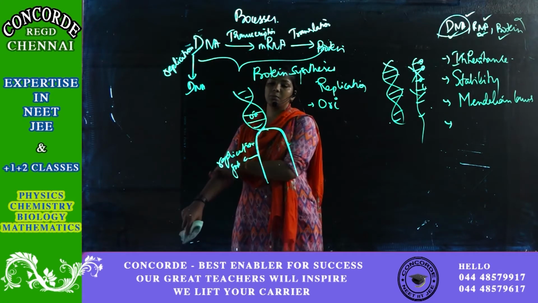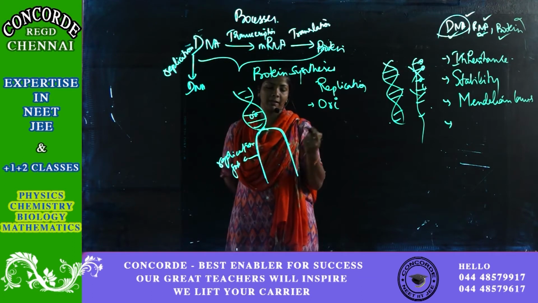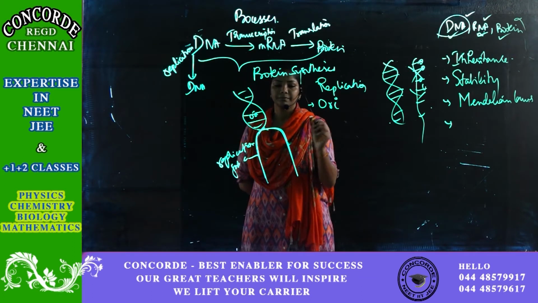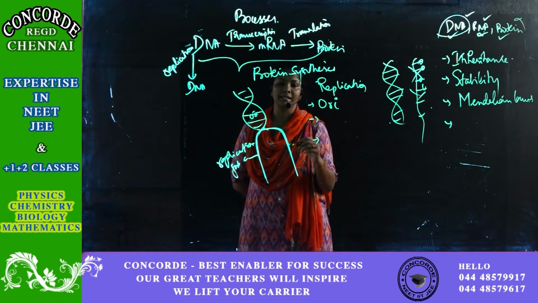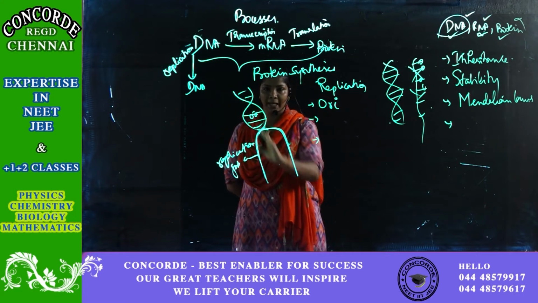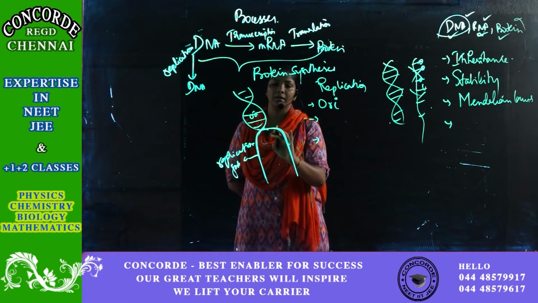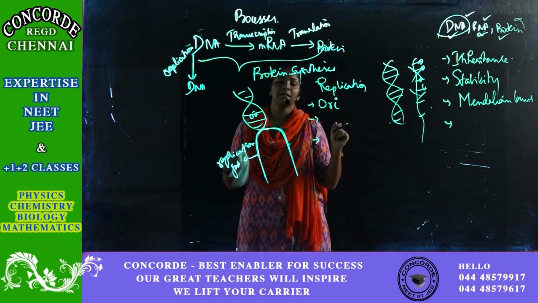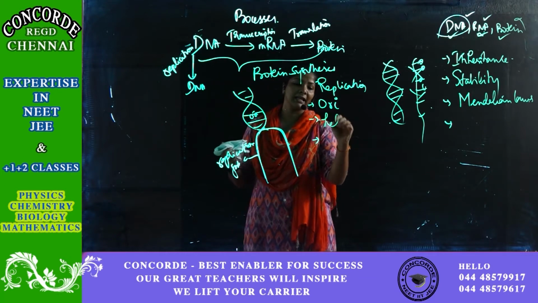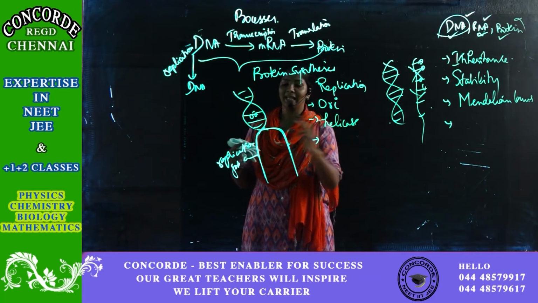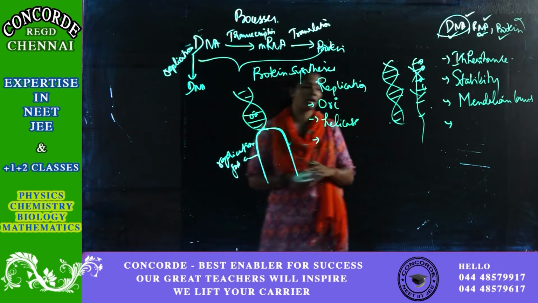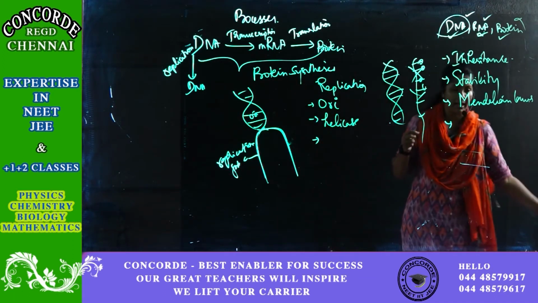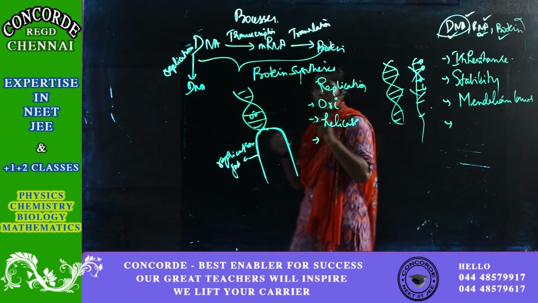Okay. Next, after the formation of the replication fork, there are a few enzymes which act in this mechanism. The enzyme which breaks these hydrogen bonds and opens the DNA is called helicase. So helicase is the enzyme which breaks your hydrogen bonds between the nitrogenous bases and opens up your